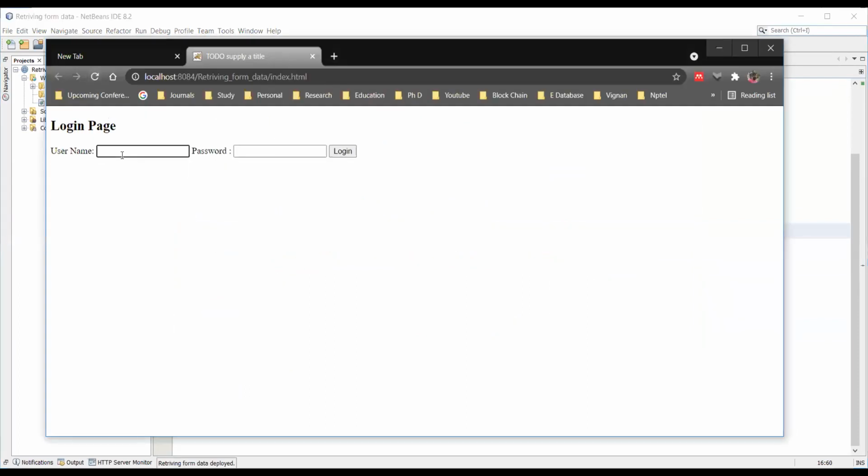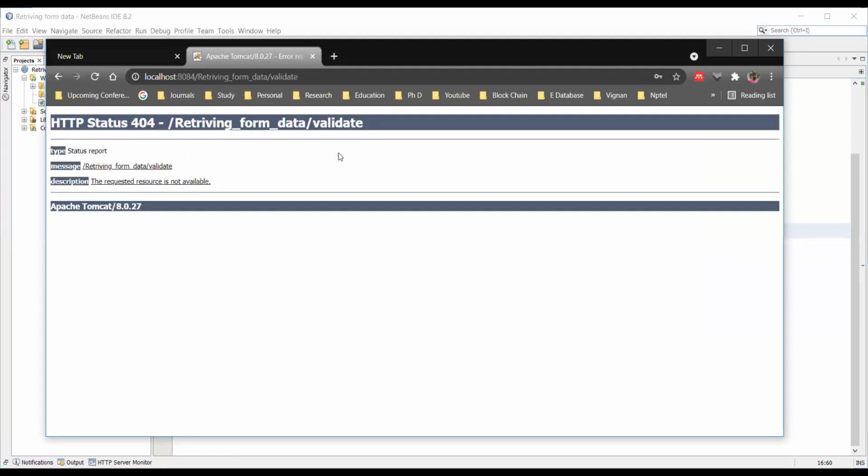If you observe, I am going to give some username, some password, and I'm clicking on login. Now it is not going to give any output. Why? Because we have not written the particular servlet program.